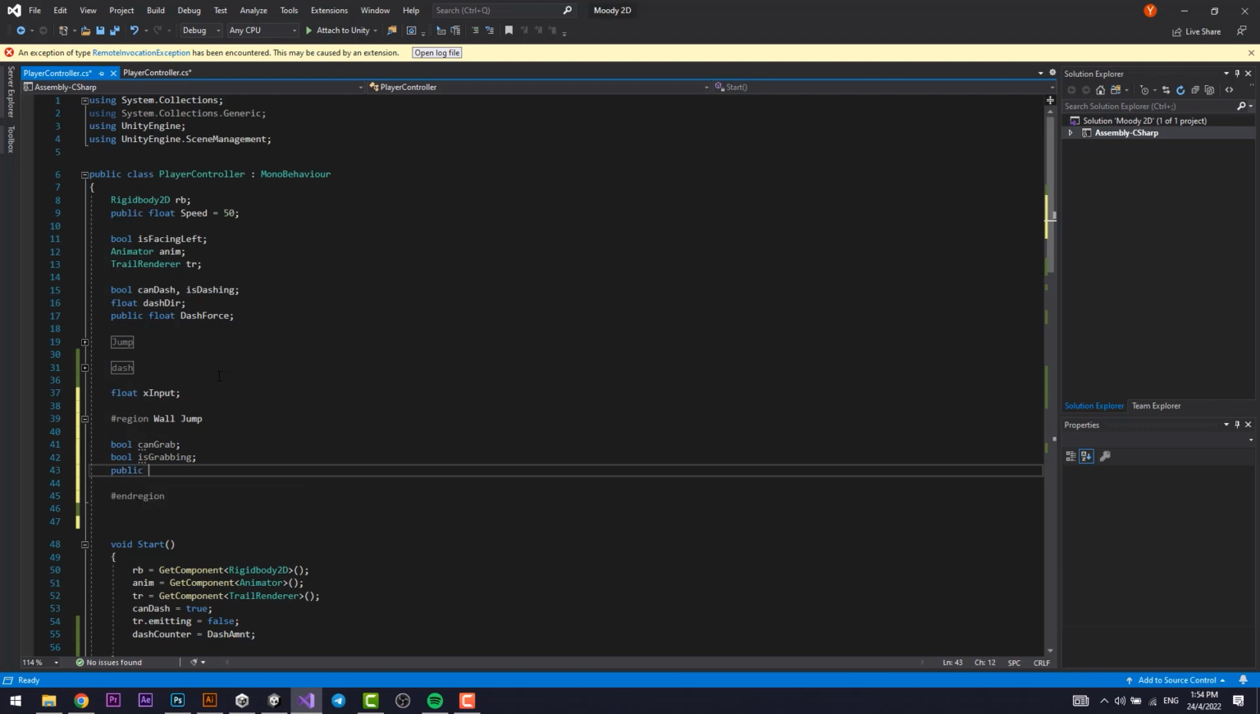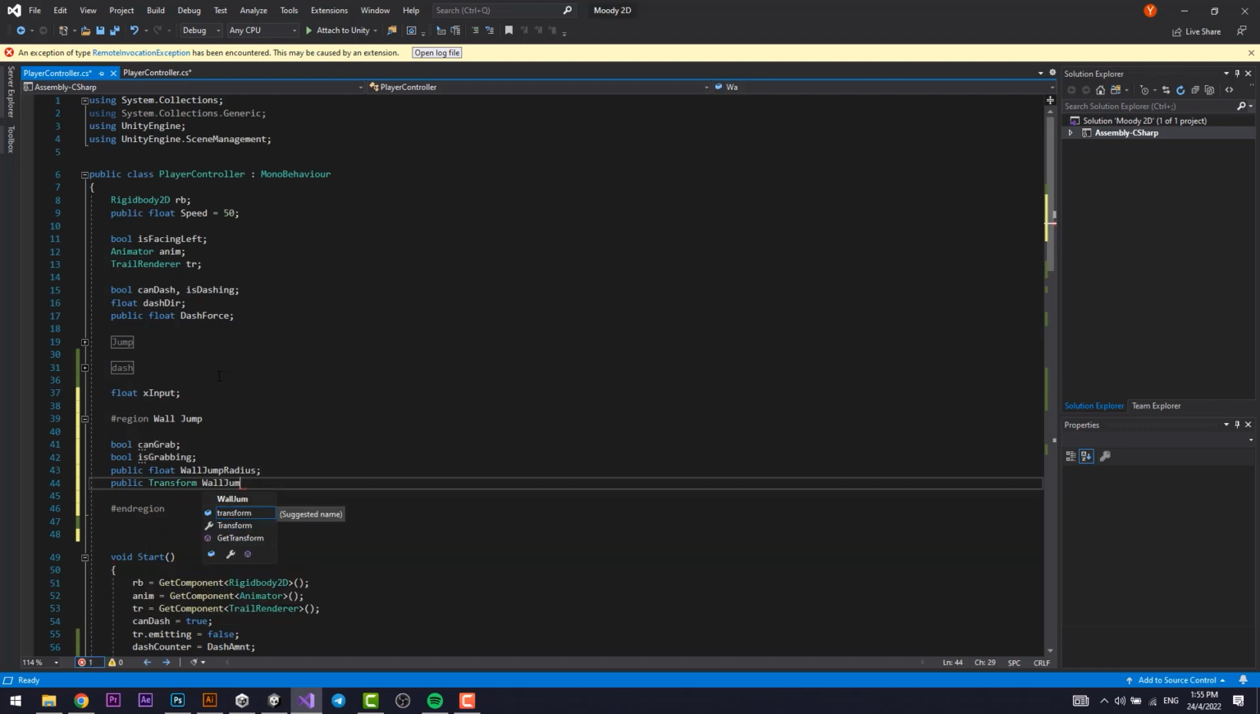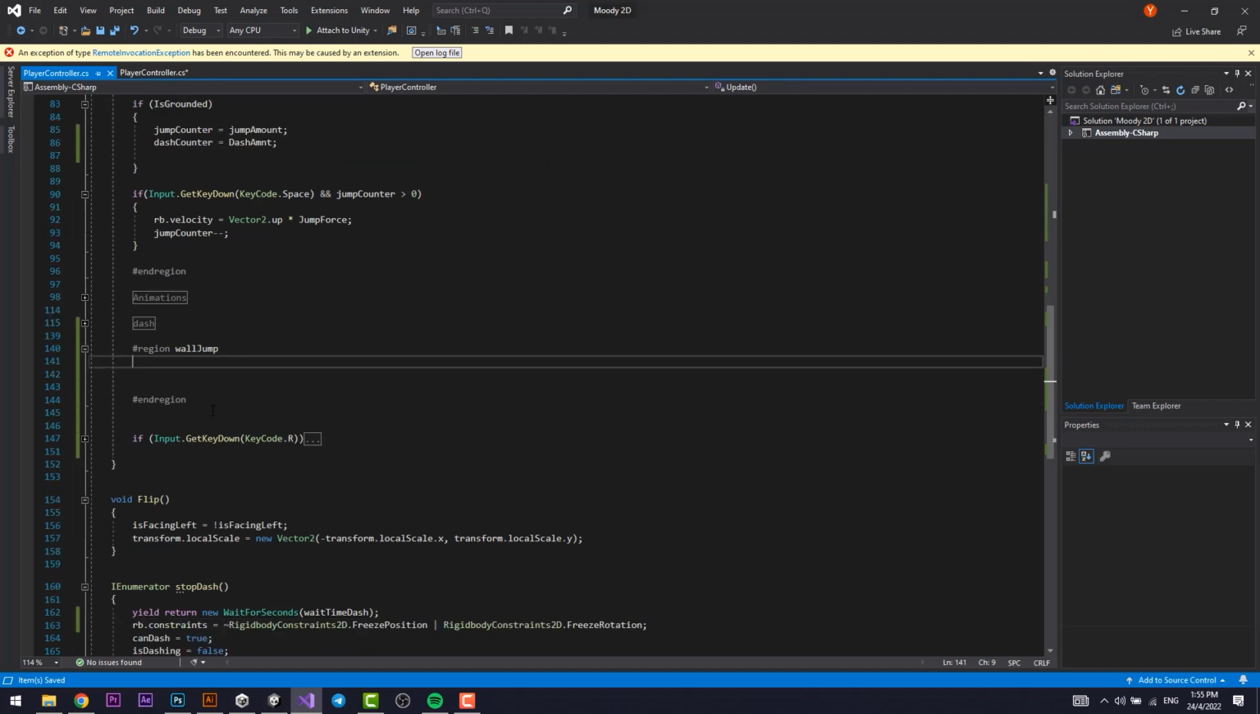A public float, we'll call it the wall jump radius for the overlap circle's radius. And another public transform, wall jump check point. Alright, so going here, I just created the region, call it wall jump in the update function. So right here, let's set can grab